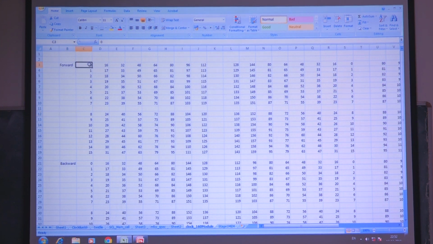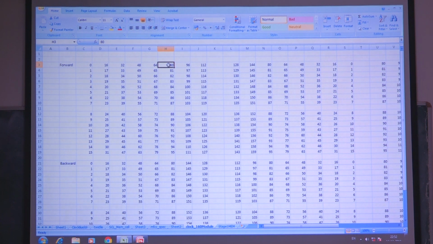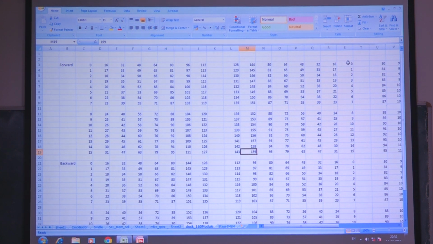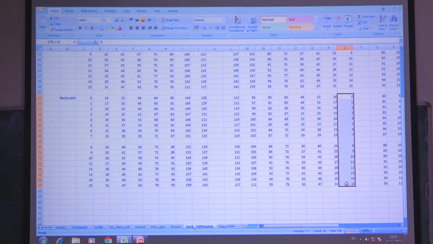Once the forward frame, that means the odd frame, starts storing, it will keep going till 159. When 80 is there, it will start storing in the even frame as 0 to 159. Similarly, after 159, from 0 again, the next 0 will start at the S column and it will keep coming. That will be mentioned as the backward direction in the S21 line. So from here, it will keep on storing.